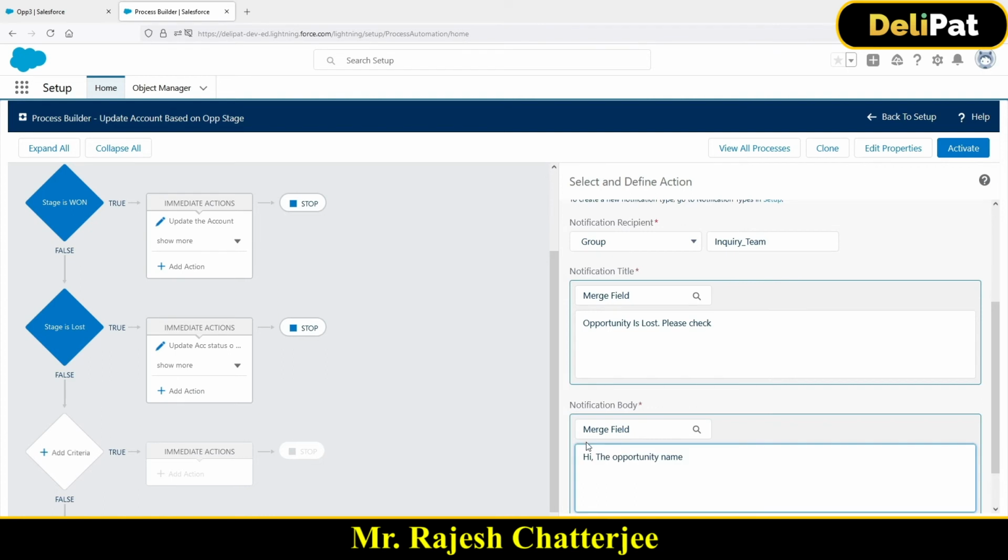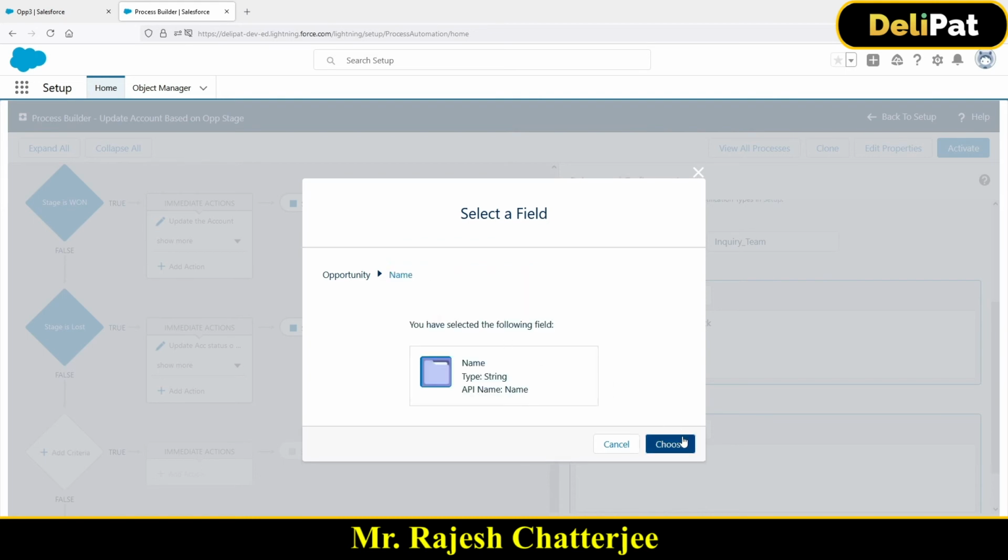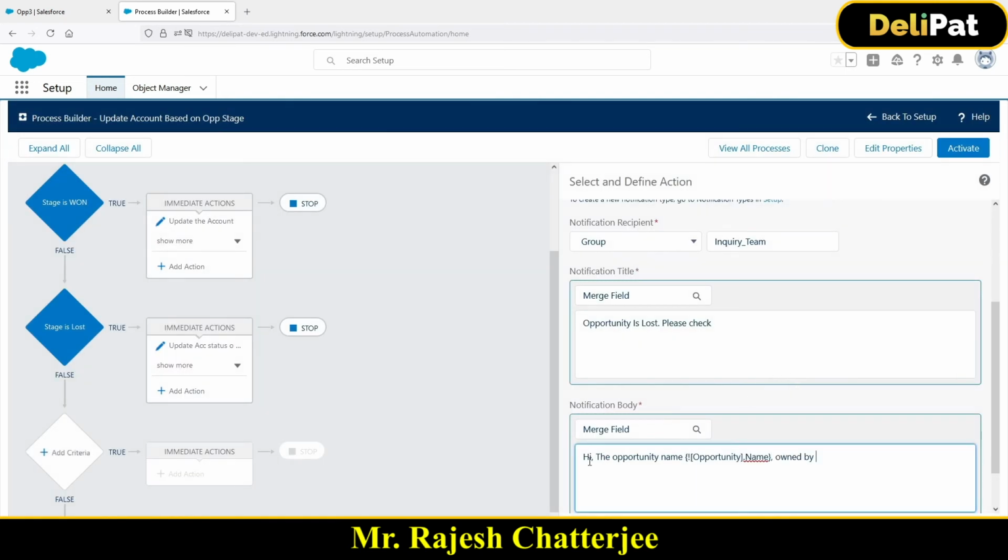So in the notification body, I'm writing "Hi, the opportunity name." I have to give here the name of the opportunity. How do I give it? So we have the same merge field that we had seen in the custom email template, right? Click on this merge field and select the name. So opportunity name I have selected, written "Hi, the opportunity name of the opportunity here, owned by,"